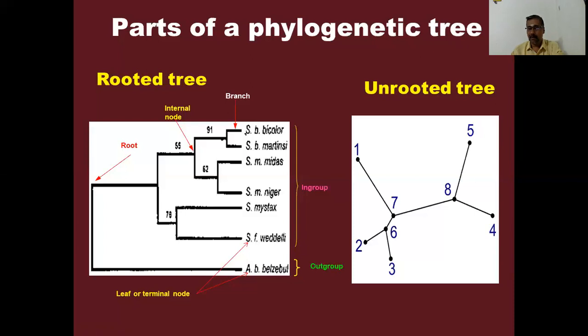Everything is prediction. So how to say that this is the very first species that arose in this universe, and from that species only all other species now existing in this universe arose? How to make a statement like this? So prediction of root is difficult. Prediction of root is impossible. That is the synopsis of the unrooted tree. So two different trees can be predicted. One is rooted, another one is unrooted.